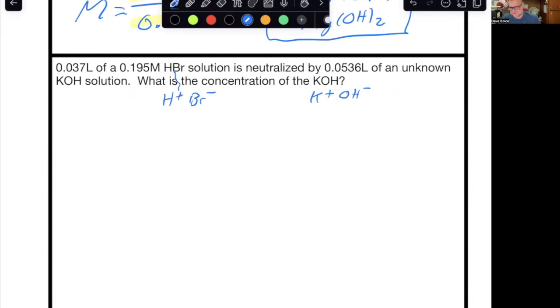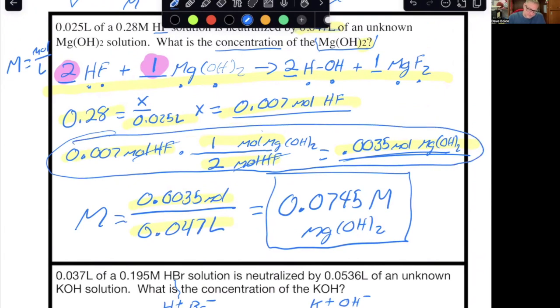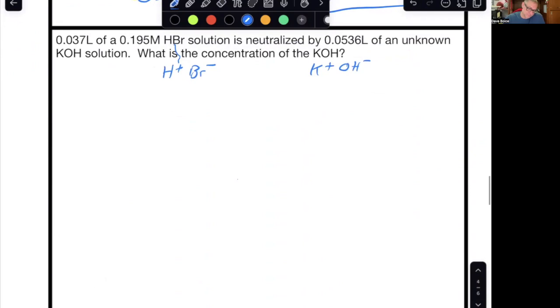So if I break these apart and I put them back together, it's going to balance out to 1-to-1 because they went together 1-to-1. So I don't really need to worry about this part here. I don't need to do this whole mole-to-mole ratio thing because I know the mole-to-mole ratio is 1. So when you have this situation, and only when you have this situation, you can use M1V1